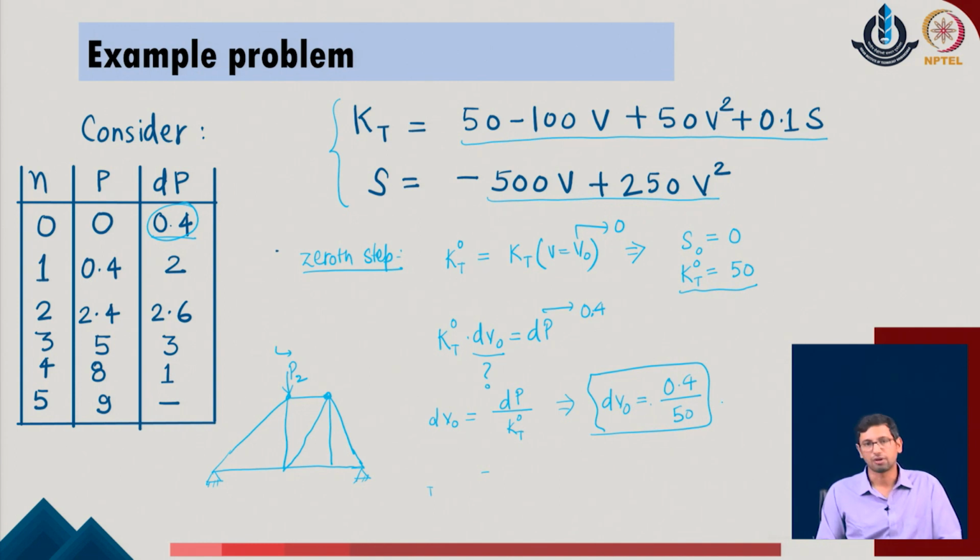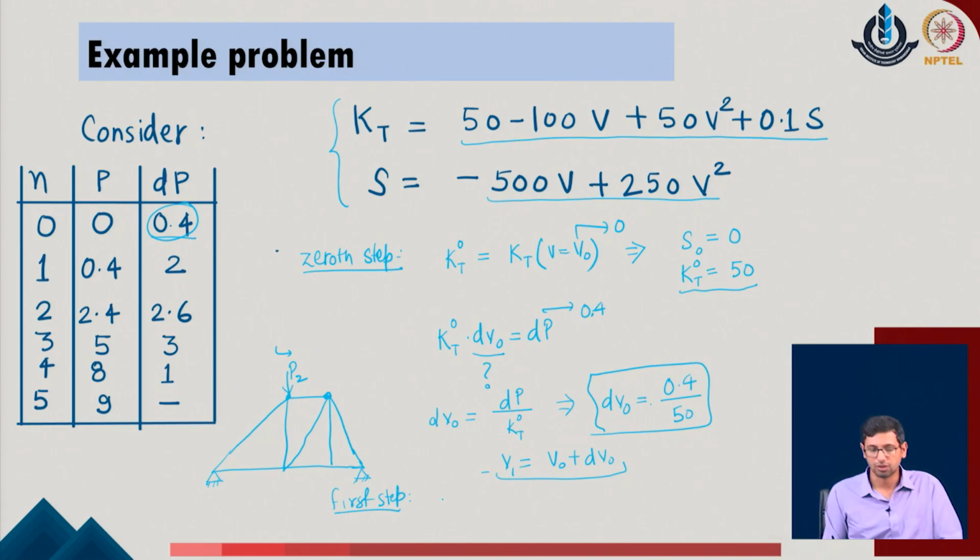So, with this part we evaluate the first value of the system, and as we evaluate we get V1 equal to V naught plus dV naught in the given problem. Once we have evaluated this part, we go with the first step in the given system. So, this was the 0th step. Now, we can go with the first step in the given analysis.